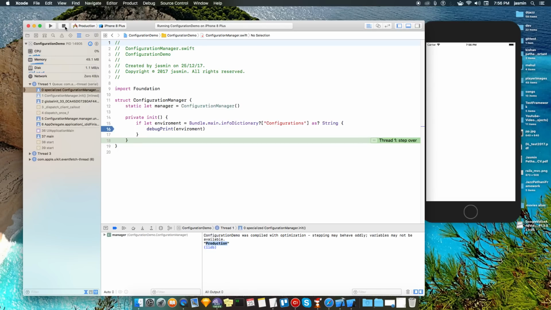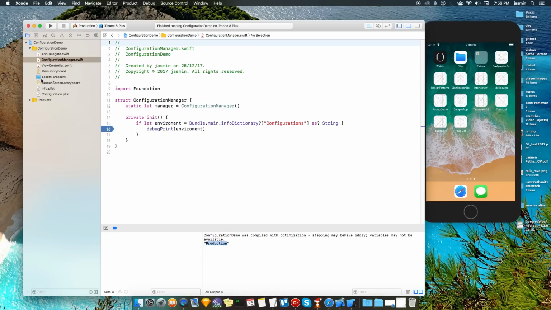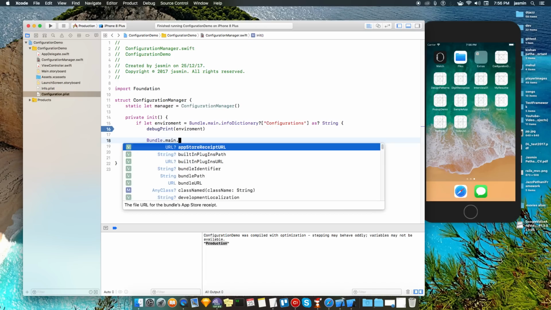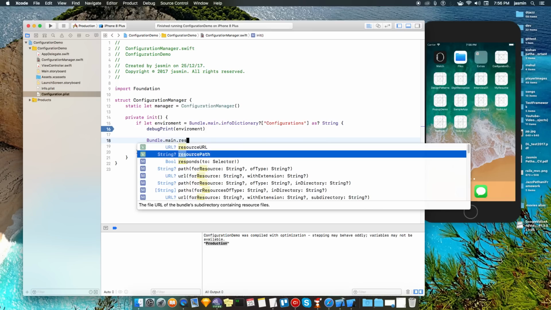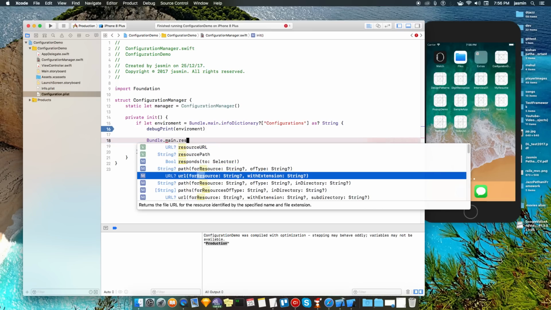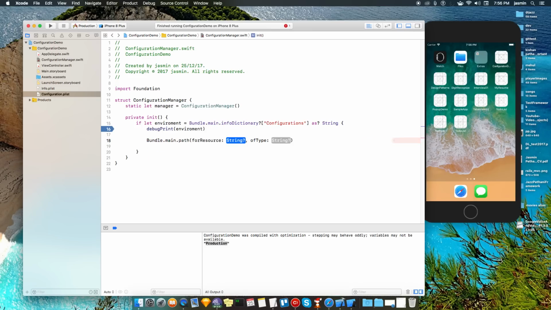So according to this key, we need to access this configuration.plist file. To access this resource, we use Bundle.main.resource. The resource name is configuration and its type is plist.